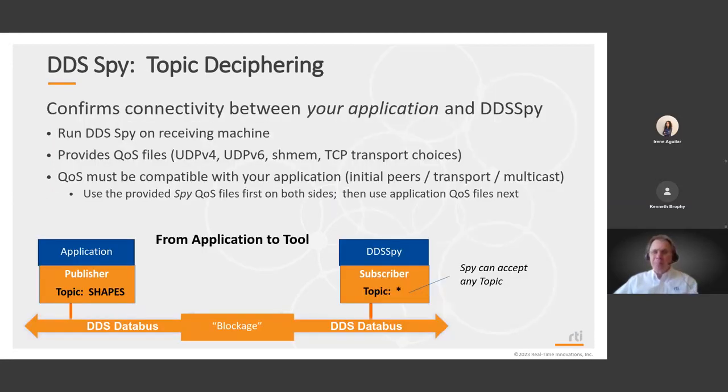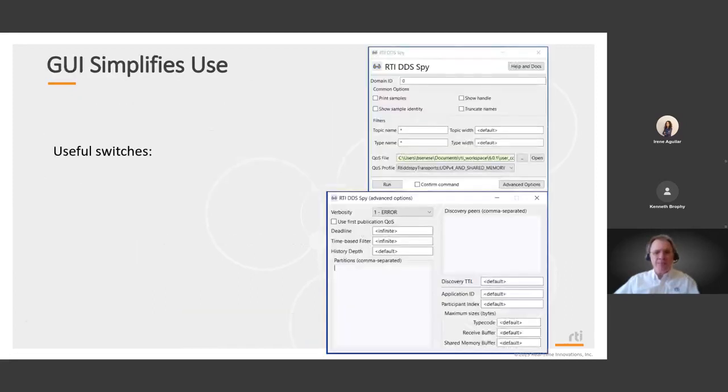DDS Spy is a different tool. It allows you to send topic information from your application to the DDS Spy application. DDS Spy is a tool that simply goes through the discovery process with your application to make sure it's going to work. Spy will show you all topics, and it can be set up pretty much the same way as